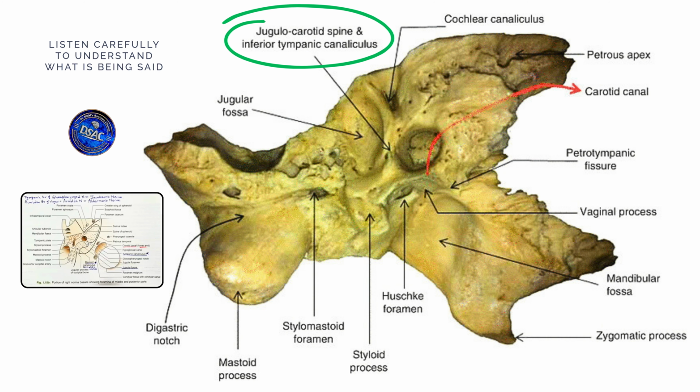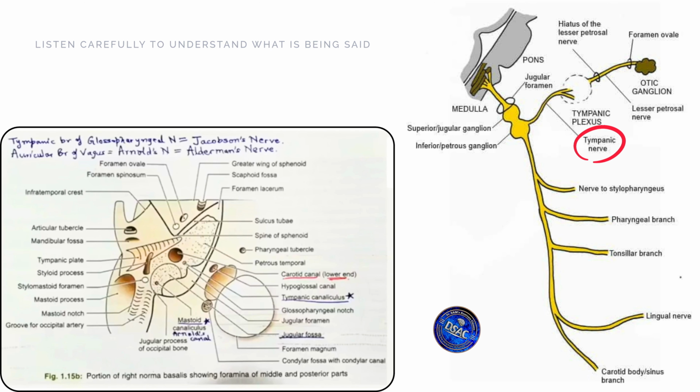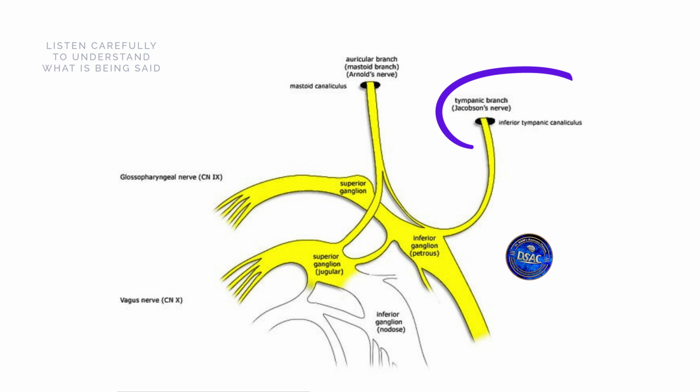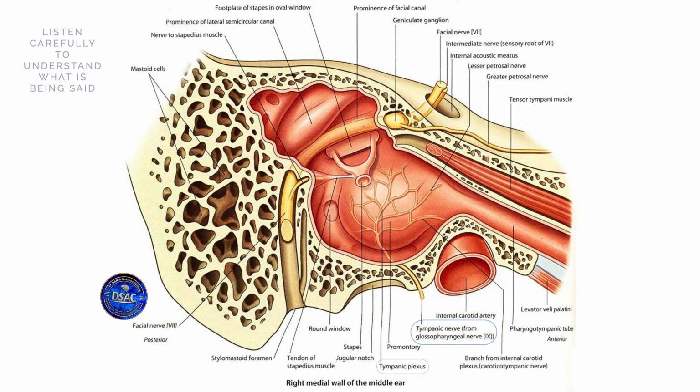Through this tympanic canaliculus passes the tympanic branch of glossopharyngeal nerve. So it's the first branch of glossopharyngeal, right? And that arises from the inferior ganglion of the glossopharyngeal nerve. So the tympanic branch of glossopharyngeal passes through the tympanic canaliculus, and from here it will reach into the middle ear cavity. And within the middle ear cavity, it will form a plexus over the promontory, and that's